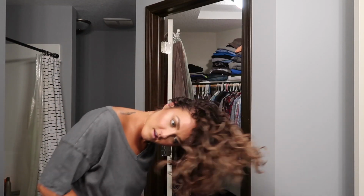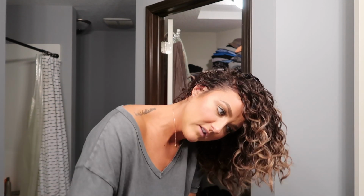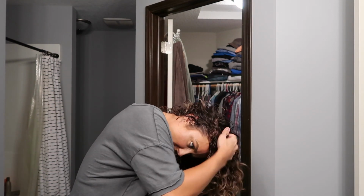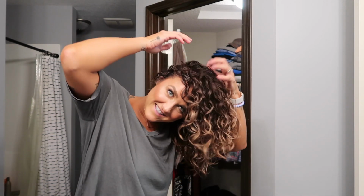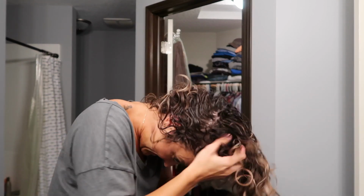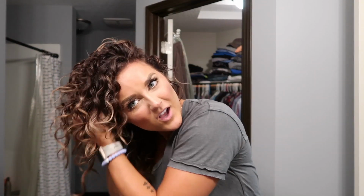Okay, also another thing I like to do, put a little bit more. My hair does feel still a tiny bit wet. Holy cow, it's really wet right there. This is my thick side of my hair, so it does take a little bit to dry. Holy cow, my hair today. We have some